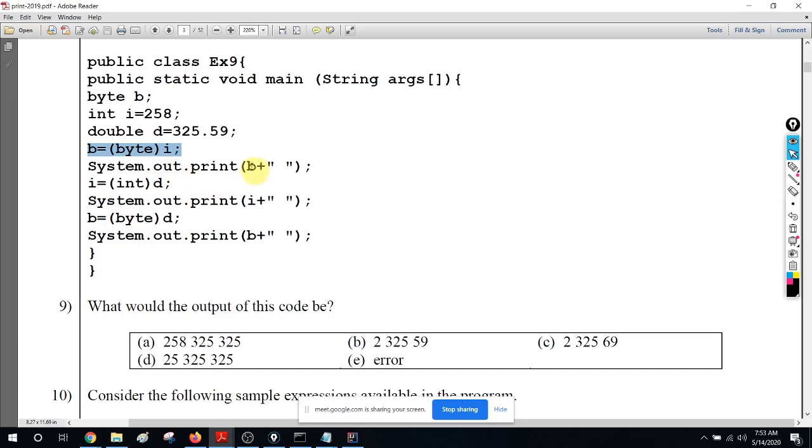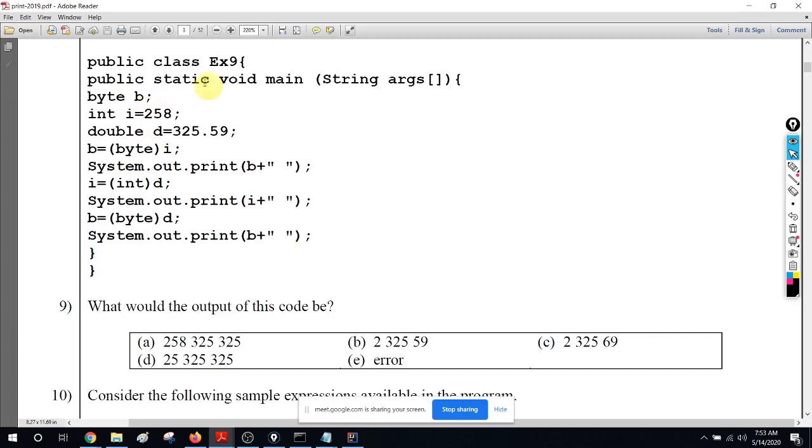So the next line, it's printing b. Now it is casting d into integer. That must be done because d is double, a bigger type, and it also has decimals. You must cast it to int if you are going to assign it to i. That is also okay. If this casting is not there, it is going to be a compile error. Then you are printing i. Then you are casting d, which is of type double, to byte. That is also possible because byte is a smaller type and you are casting it explicitly, but you will lose precision and many issues will arise. So it looks like no compile errors.